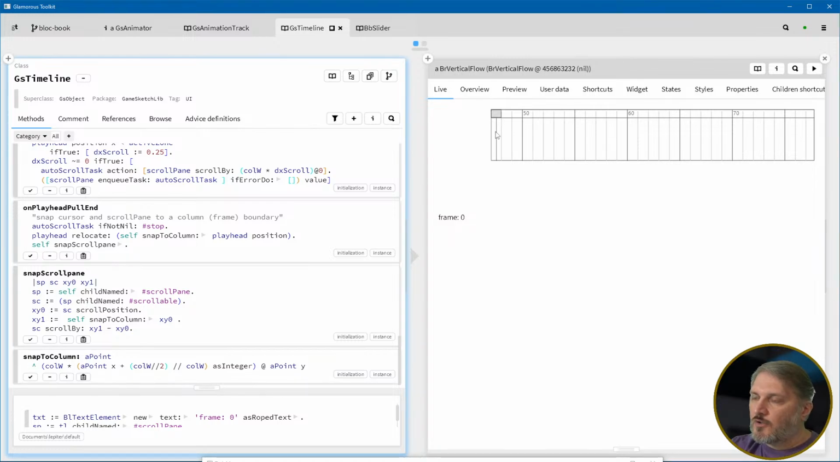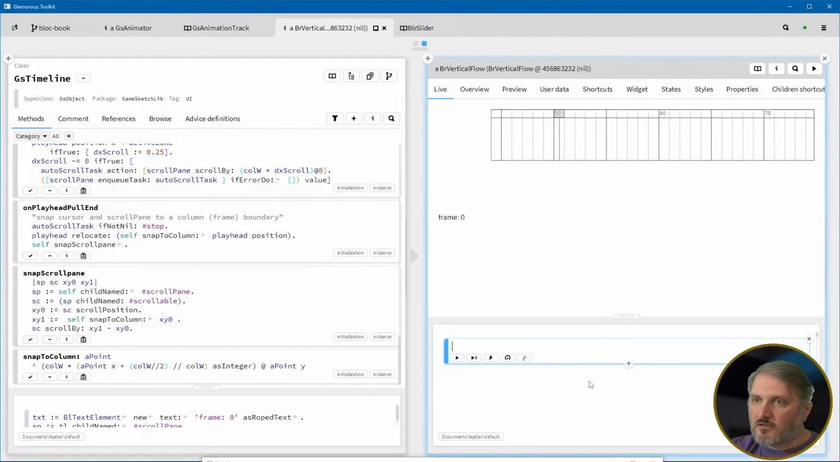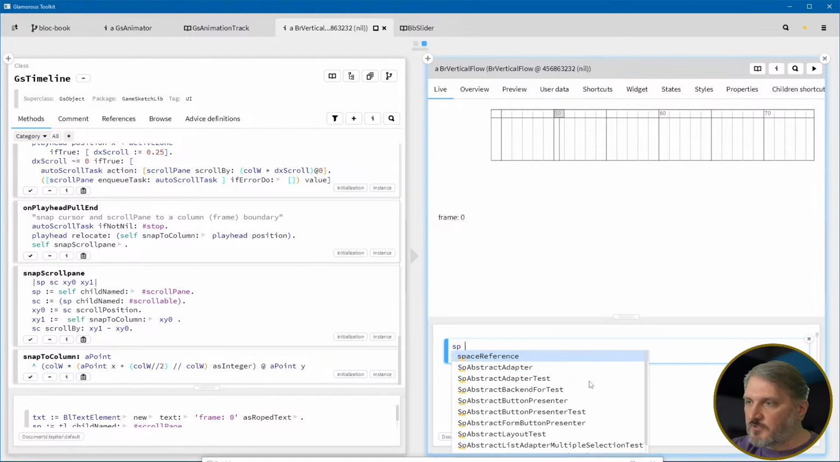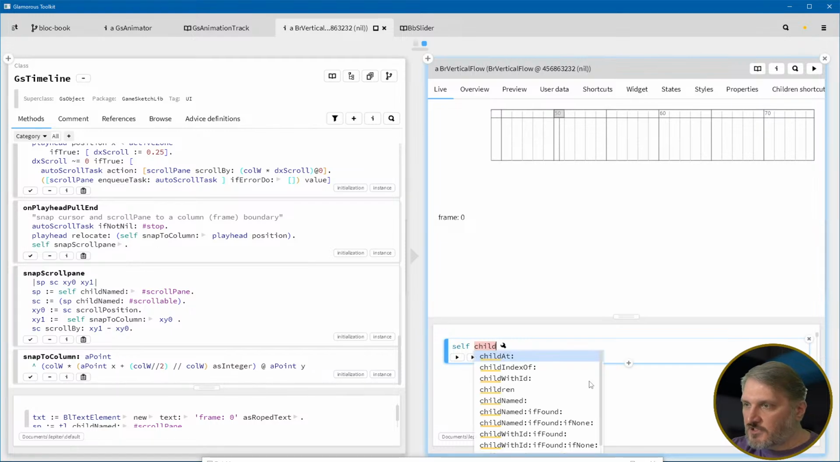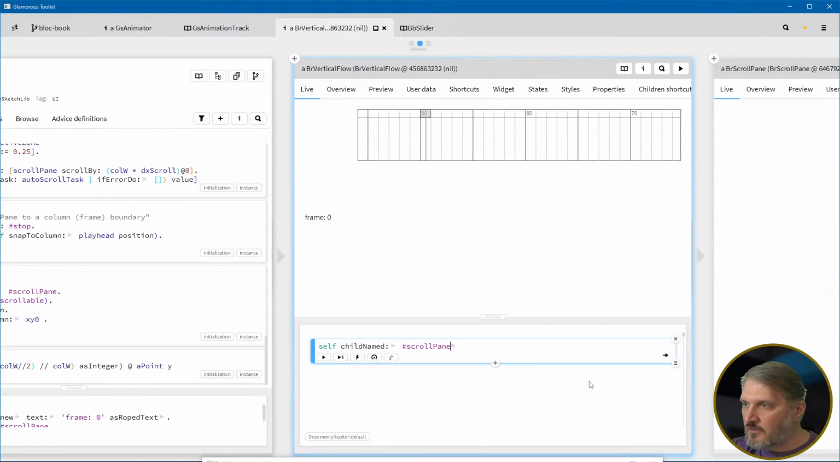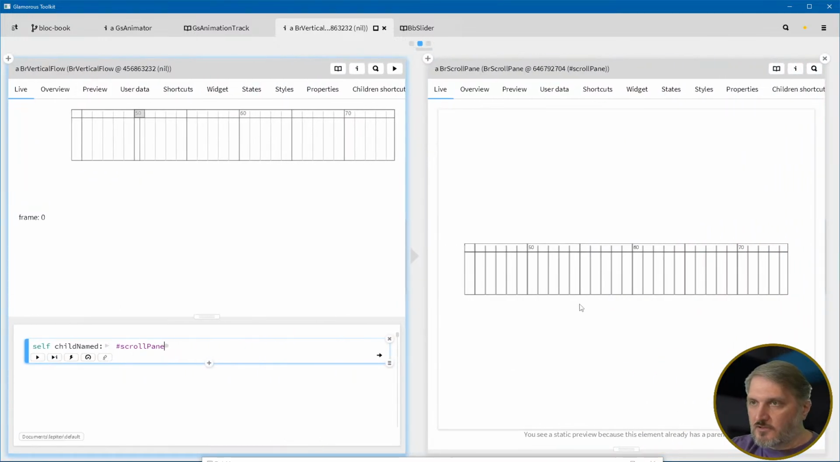But so I need to know where is the scroll pane. So if I wanted to get the number 50 right now, how would I do that? So I would say self snap to column, and then I can't even do that. Oh, that's the vertical flow. Okay, so I want the SP. No, I want the self child name. Can I find child name down in the tree somewhere? Scroll pane. I can. Okay, so I can get all the way down to the scroll pane, and then